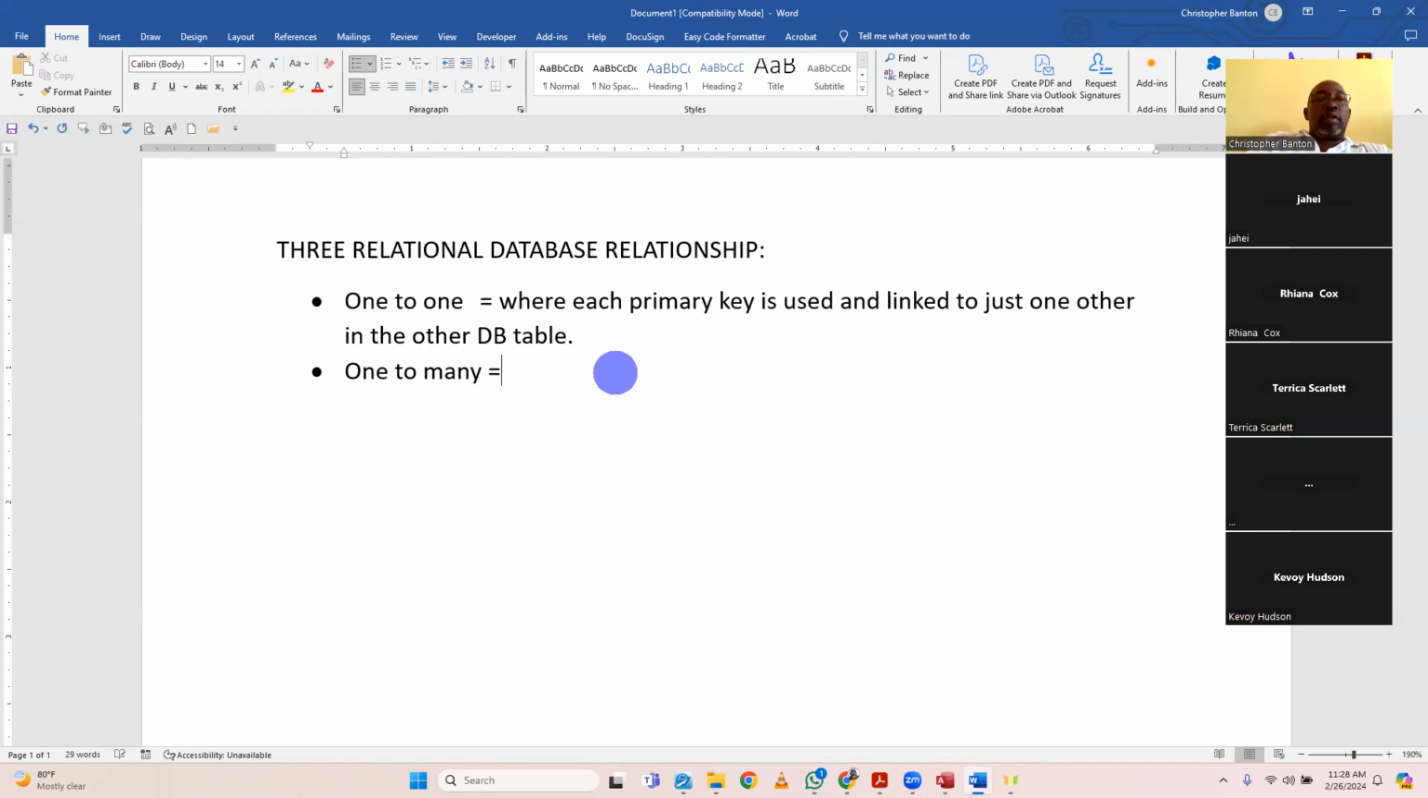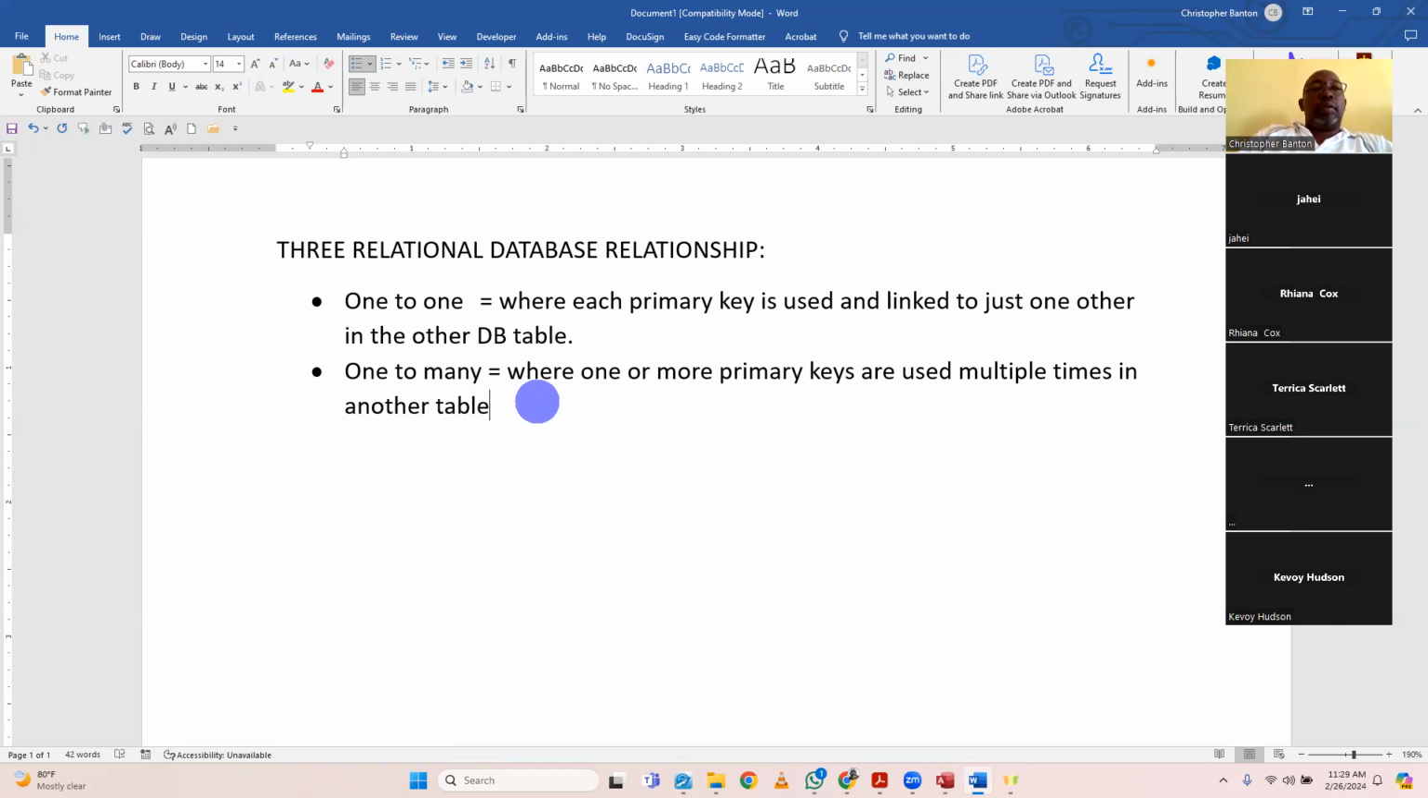Where each primary key, or where one or more primary keys are linked, are used multiple times in another table, in the DB table again. And you have many-to-many,